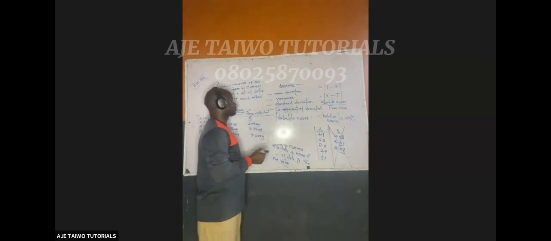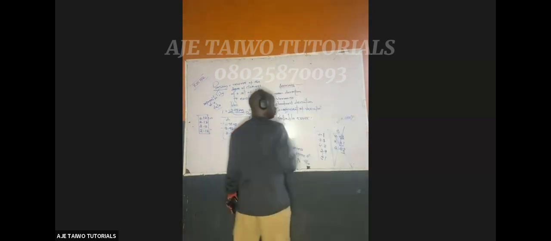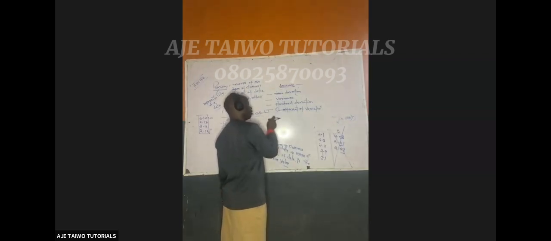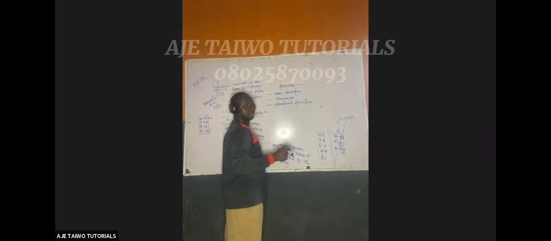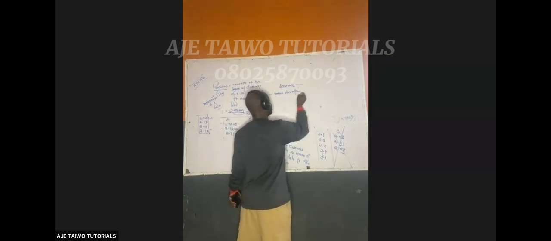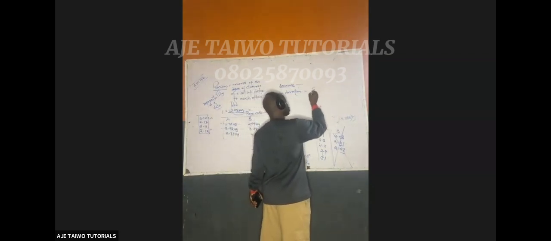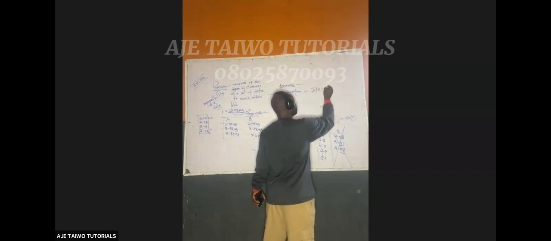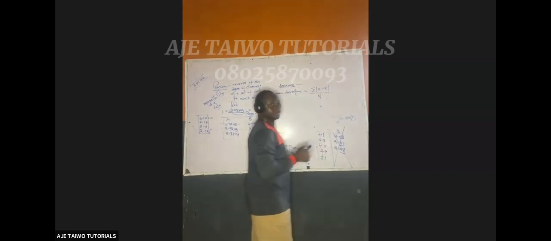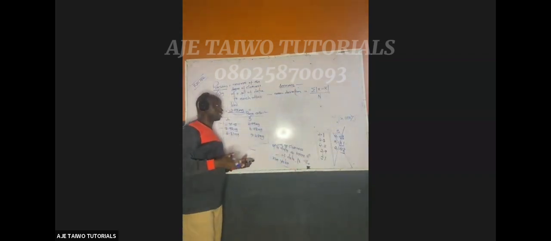Okay? Now, what is mean deviation? Let's start with, we'll leave this for now. But it's correct. We have 1, 2, 3, 4, 5. Probable error, even this one is not necessary for now. Now, what is mean deviation? Mean deviation is summation of x minus x bar over n. N is the total number of data.